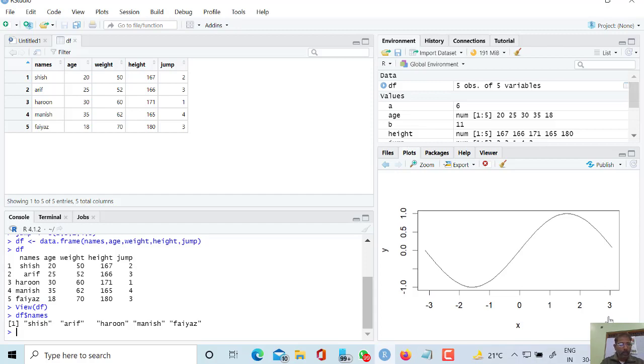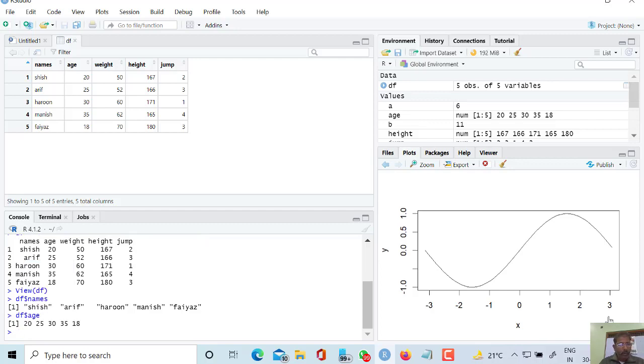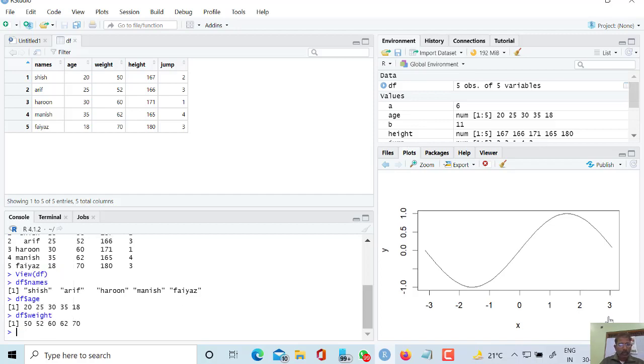Similarly, we can get the other variables also. If we want to know the age, we can do this command. Weight can also be obtained. So in this way everything can be obtained.